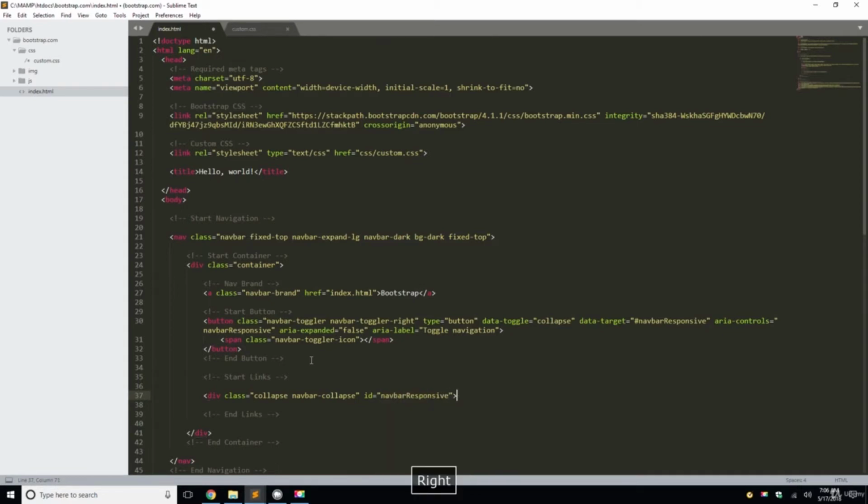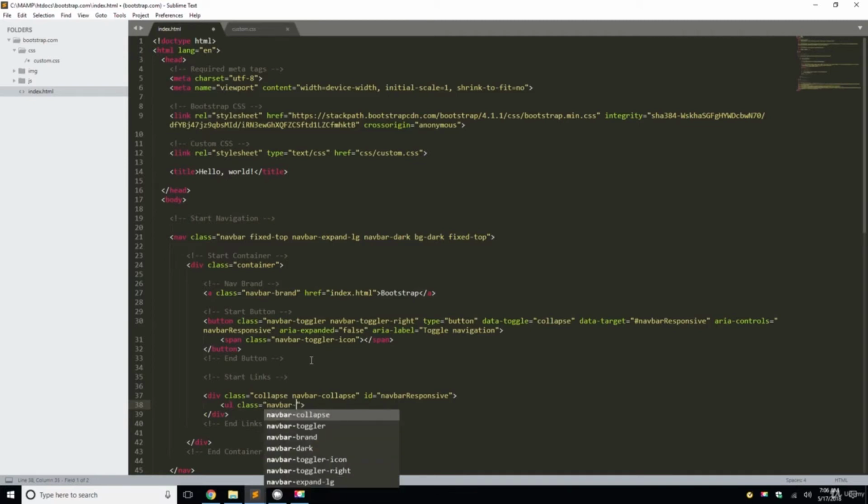Okay, and then I'm going to close that, return, and hit backspace to bring end links up. Now we're going to do an unordered list. So we're going to do ul class navbar-nav ml-auto. Okay, we'll close that,